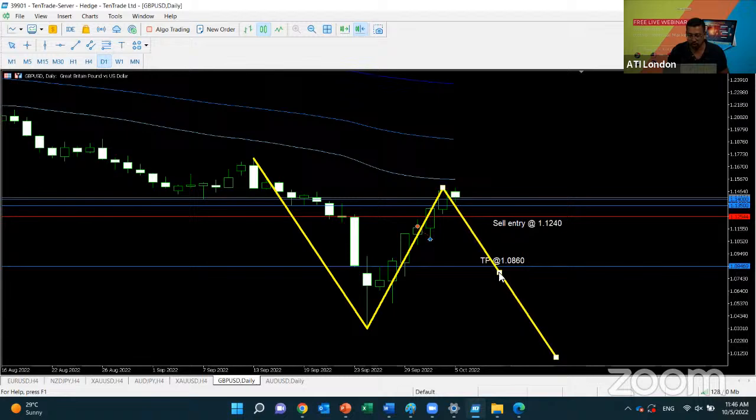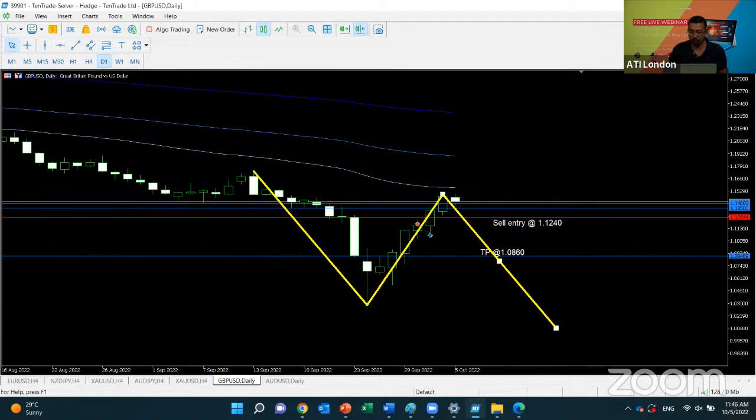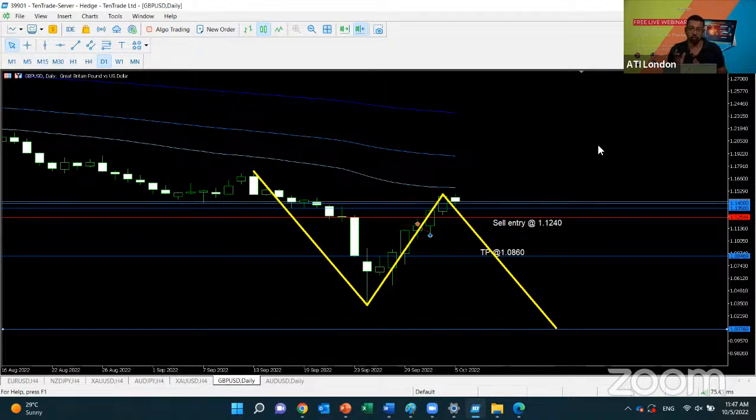Okay, so this is a geometric ABCD pattern potentially, and we have got an ABCD. So it's important for us to understand and know that the C point, as you can see, on a bearish pattern has to be a lower high. So indeed, the C point is lower than the A point. So we've got A here, B here, C here, D. This is only a chart pattern for now because I've not converted it to a geometric pattern. How you convert it to a copyrighted geometric pattern of mine is simply to have a line from the B to the D line, projected D line, right? So you have two ways of predicting the market. Of course, you can use Fibonacci as well to predict the